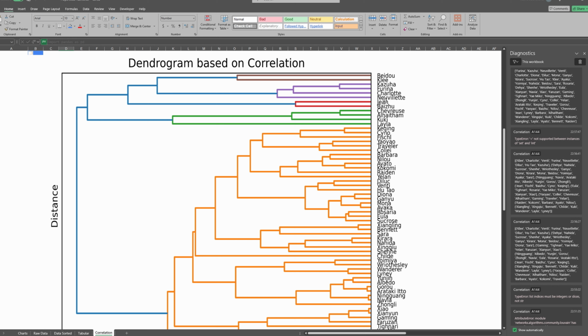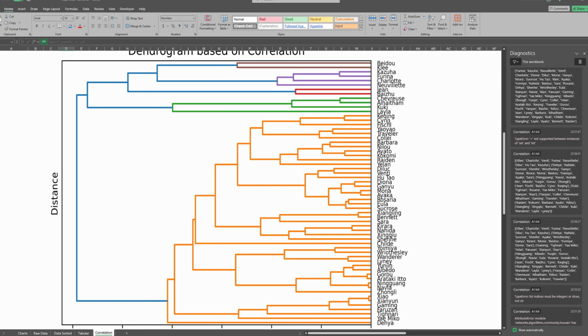It would be inaccurate to say that when you use Furina you would use Charlotte or Nouvellette. That's not really the statement. The statement here is that the changes in the usage rates more typically cluster with these. You can see there's a bit of an outlier here with Beidou and Klee, where their usage rates don't really fit into any of the other categories, but we do see some